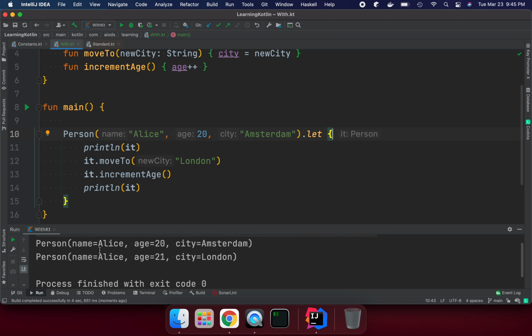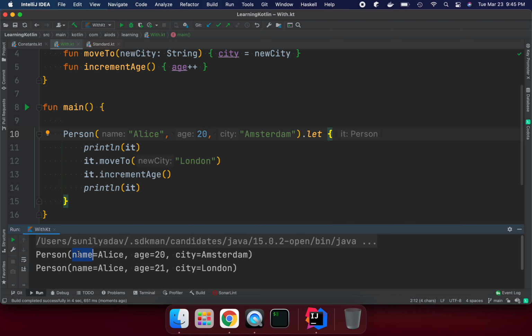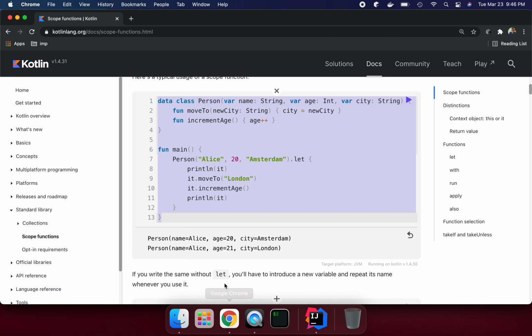We are printing it here, so we can see it printing the values, like Alice, age 20, Amsterdam. And we are again assigning some value through it. So it works like a this operator for us, and all the values are available on this object.